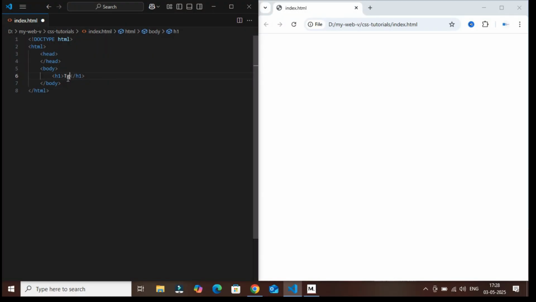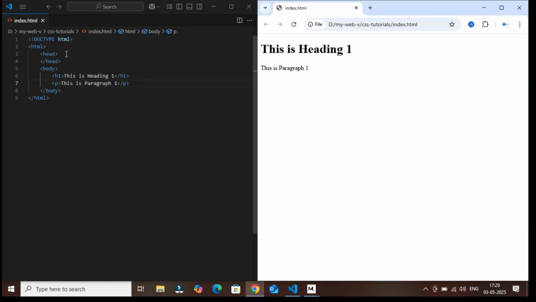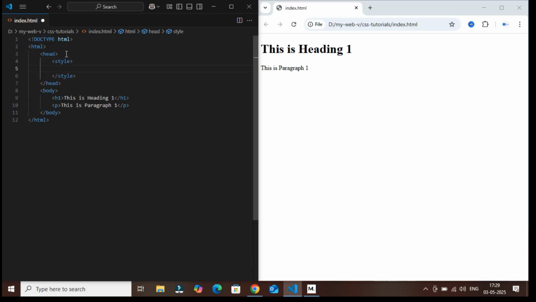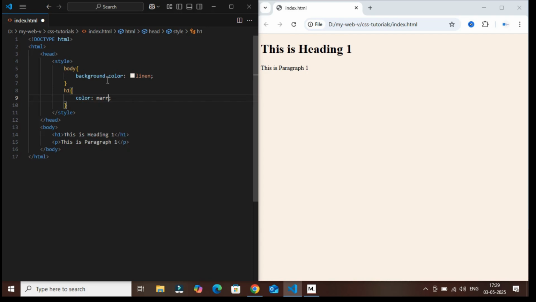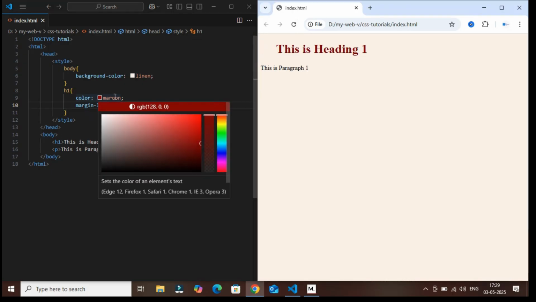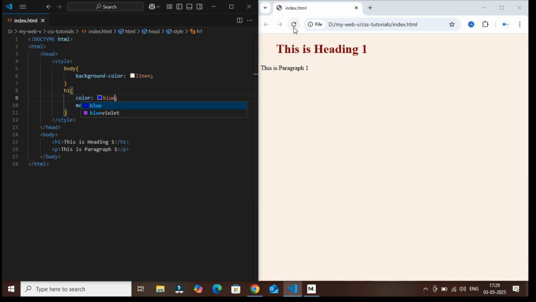Now, let's try an example for internal CSS. First, create a simple HTML file and add all the tags you need. Here I have added paragraph tag and heading tag. Now, you have to write your CSS code in the same file itself. Here, I have written a background color to body, and for heading tag, I have written a color property and margin left property, as you can see in the code. That's it, all about internal CSS. It is very similar to external CSS, but the only difference is internal CSS is applied to the current page, whereas external CSS will apply to the entire site.